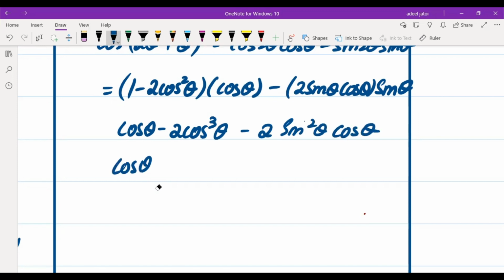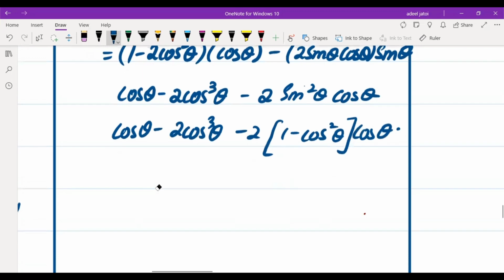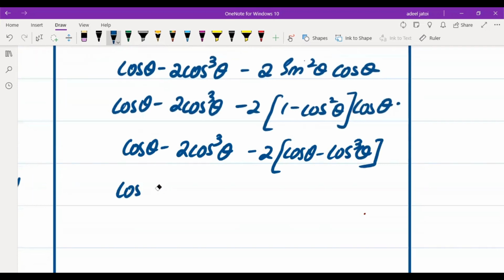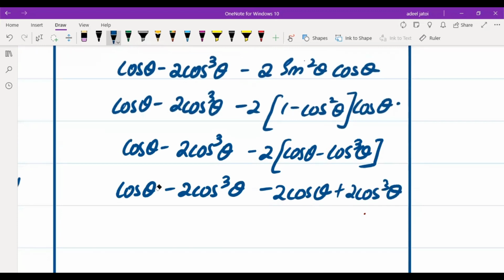So if we just solve, this should be 1 minus cos square theta times cos theta. So cos theta minus 2 cos cube theta minus 2 cos theta minus cos cube theta. Cos theta minus 2 cos cube theta minus 2 cos theta plus 2 cos cube theta. Further on,